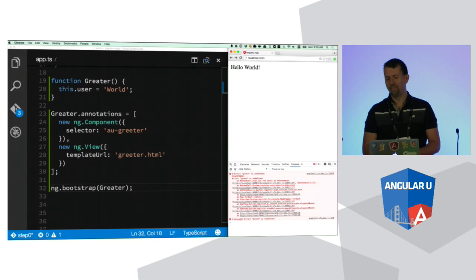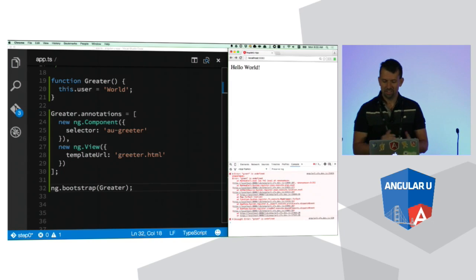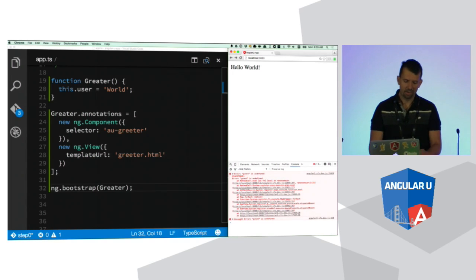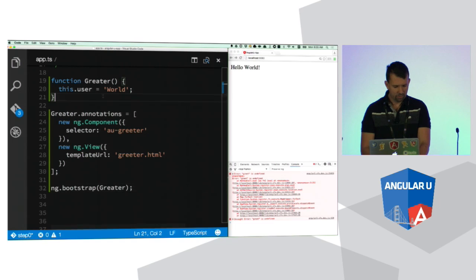All right. Now, if I click on the hello world, you see that there is an error on the bottom that says, hey, you didn't define the greet method. Right, we forgot about that. So let's go back, and the way you do this in